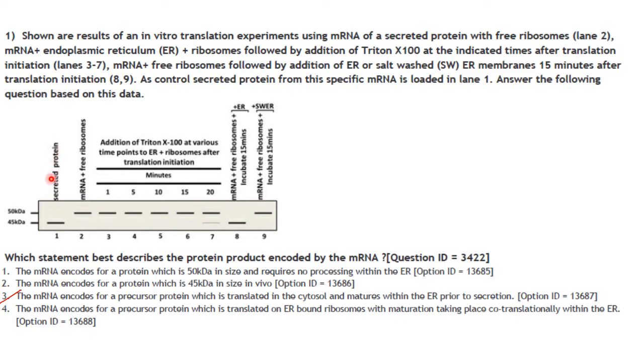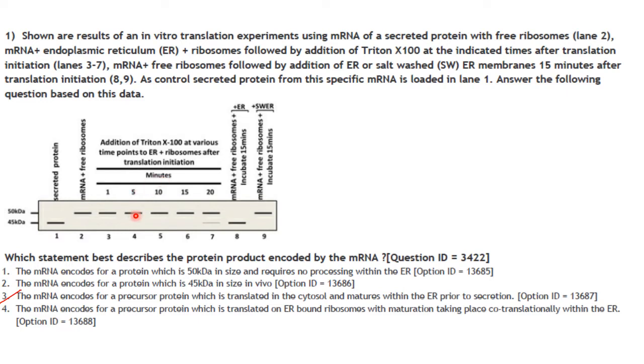And the final secreted protein had a band of 40 kDa. That means mRNA plus free ribosomes produce protein, and endoplasmic reticulum with ribosomes does not play any role in the synthesis of protein. That is why treatment with Triton X100 to endoplasmic reticulum plus ribosomes,